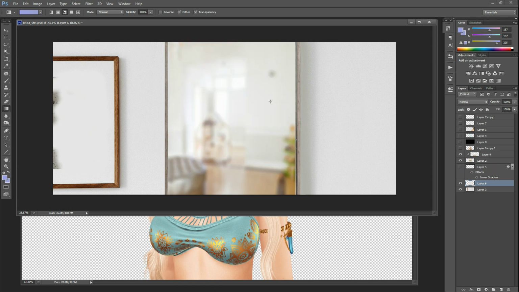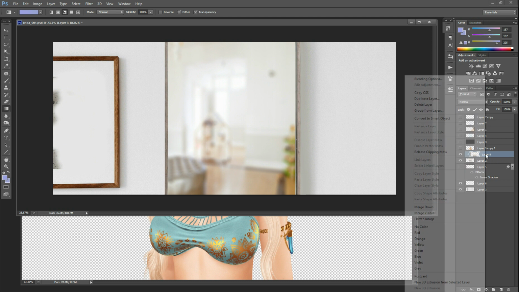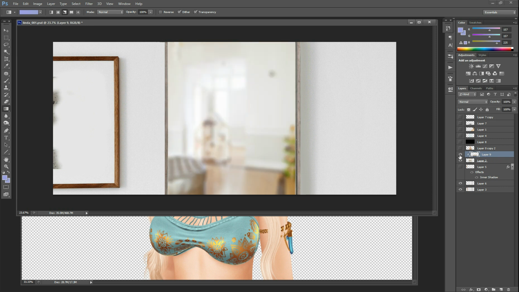So the original image that I used, let me just make this invisible. So I used like a hospital bed generic image that I have blurred, and then for this image I can add any kind of image I want. But basically you want to crop your image into the mirror frame. So all you really have to do is cut the parts that don't fit into it,